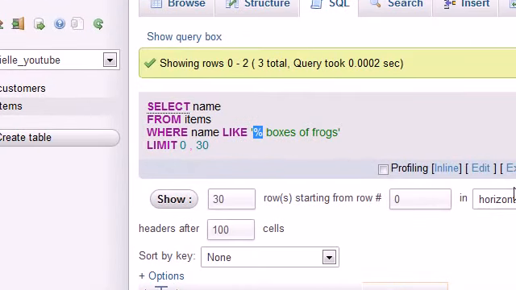And when that's the case, we need to use something called regular expressions. And in the next tutorial, we're going to be learning about regular expressions, but for this tutorial,